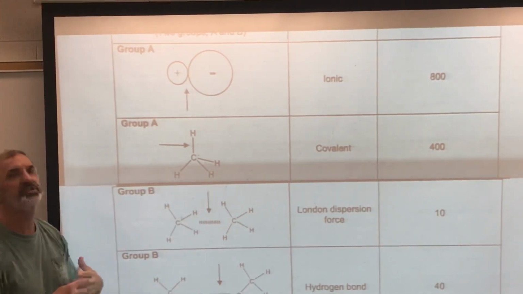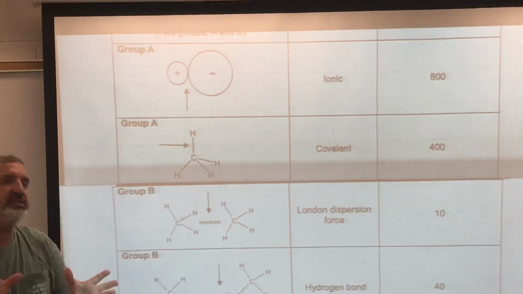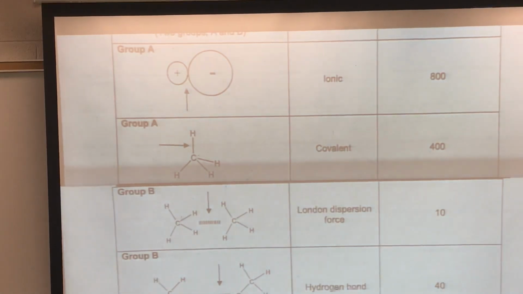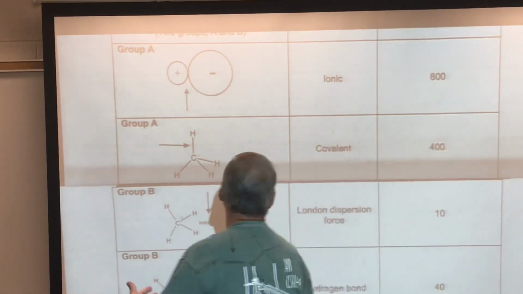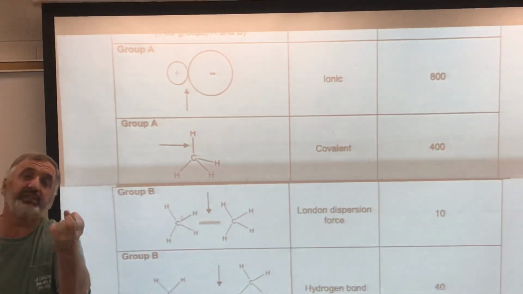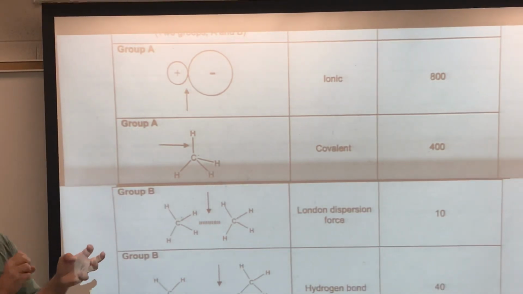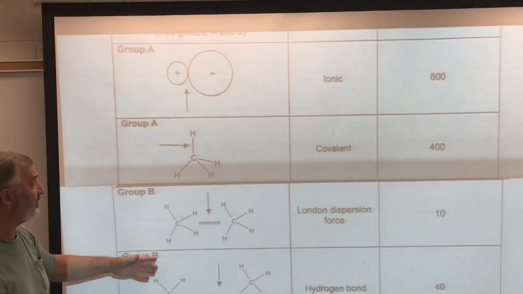Then, which ones are stronger? Well, it's real obvious here. These are stronger. This is another big important concept that AP always wants to ask. So which are stronger, group A or group B? Obviously group A. But then it asks, when you're boiling water, which bonds do you think are breaking? Not covalent bonds. We've talked about this a bunch. When you boil water, what's in the steam? It's still water. So we're breaking intermolecular forces, not the hydrogen to oxygen intramolecular, or covalent, bonds. We just need to make sure we recognize this.